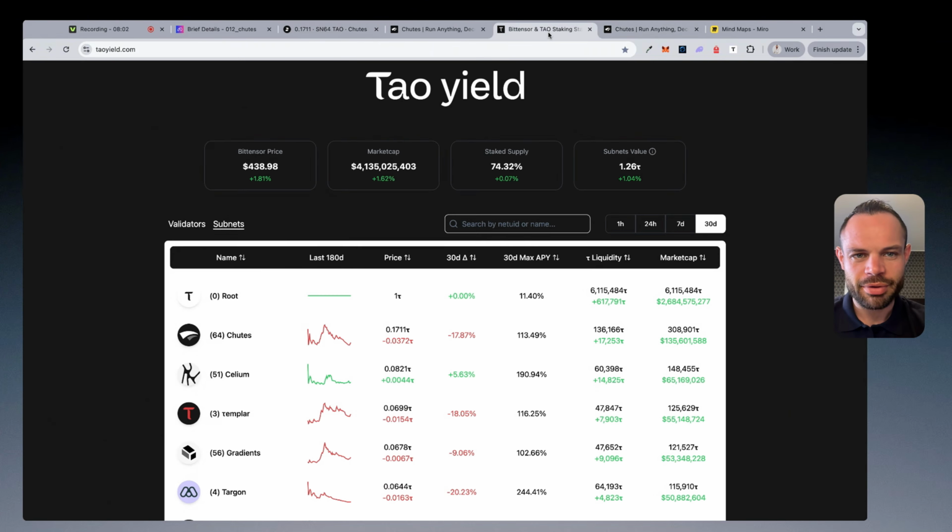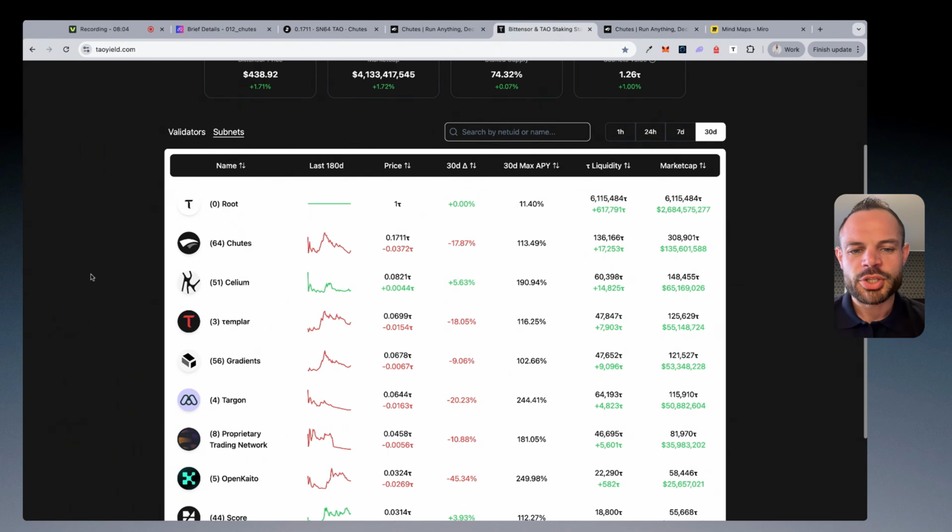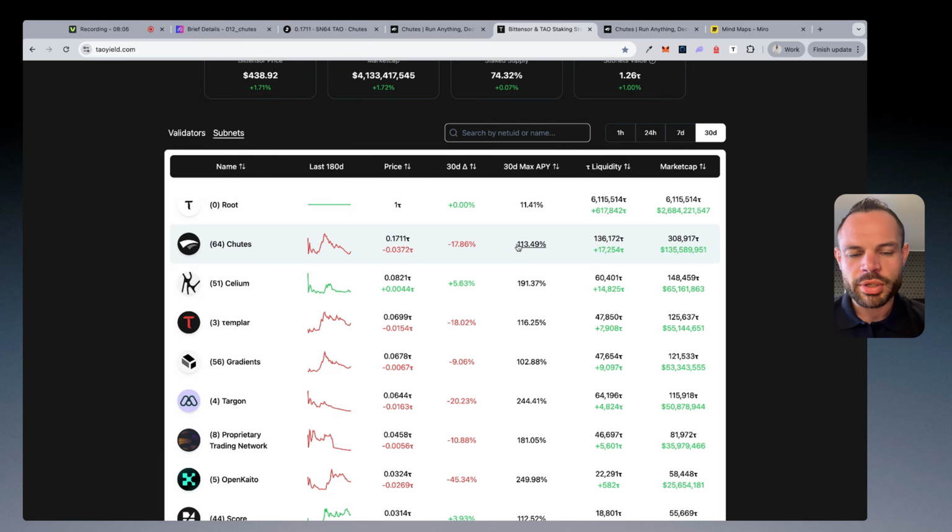And what you're seeing over here on TAO yield, if I come over, you have the potential to be generating 113% plus in staking APY from simply owning and staking the Chutes subnet alpha token. That is a phenomenal return. That means that even if the token price has a 20, 30, 40, 50% drawdown over a 365-day period, you're going to earn more than double that in staking yield over the course of a 1 year period, and you're still going to be in profit. So that is a phenomenal staking reward potential.